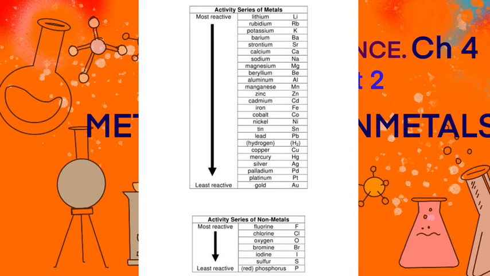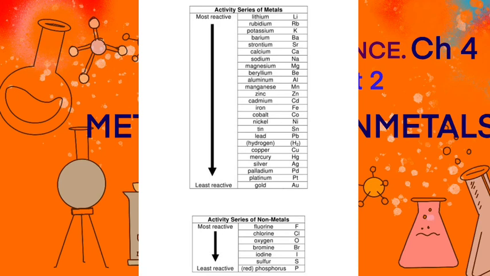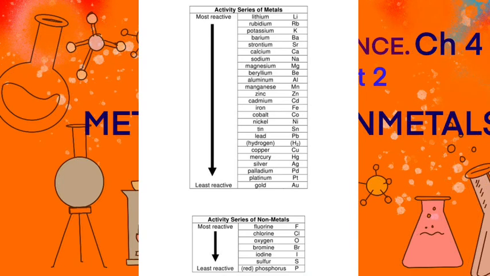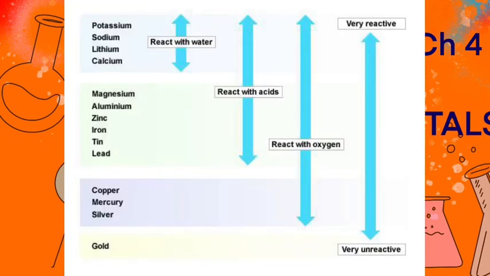Dear students, I have told you that there are free electrons in the metals. How easily that electron can be taken by another atom to react, the reactivity of the metal depends on that only. If the electron is very easily accepted by another and reacts with other metals, then the metal will be more reactive. In case of non-metals also, the electrons are the ones which take part in the chemical reaction. So the reactivity of the metal and non-metal depends on the electrons present in the metal or non-metal atoms.